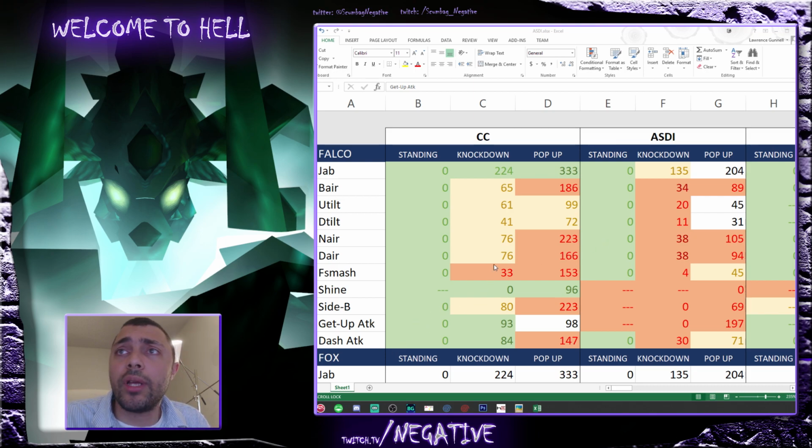But over here, we can see that we've got Falco, and we tracked some different moves: jab, back air, up tilt, down tilt, nair, down air, F smash, shine, side B, get up attack, and dash attack. Basically, pretty much all the moves that you can expect to get tagged with in the neutral at some point, or while you're dashing around, or dashing into someone who happens to be knocked down, and you didn't hit your CC in time, let's say. These are all things you could get hit with that it might be useful to have ASDI for. So I didn't put some of the other things where they simply don't knock down ever,